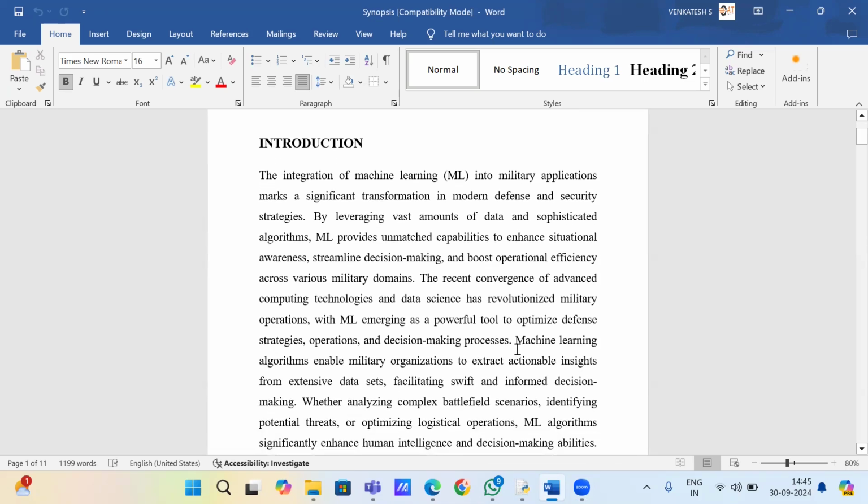The integration of ML into military applications is transforming defense strategies by enhancing situational awareness and decision making. In this, ML algorithms analyze large sets of data to extract insights, helping military organizations respond to complex scenarios and optimize operations.